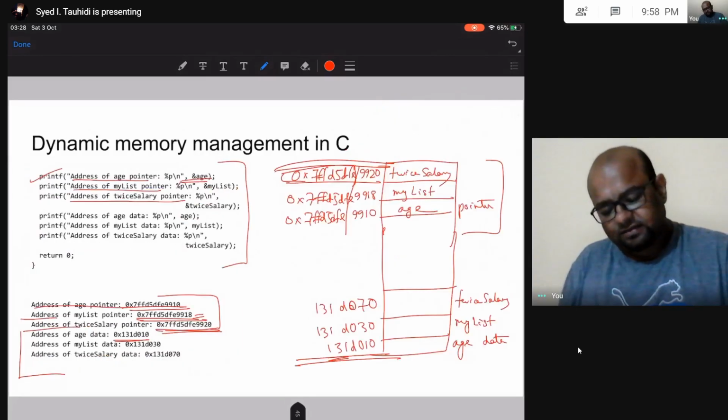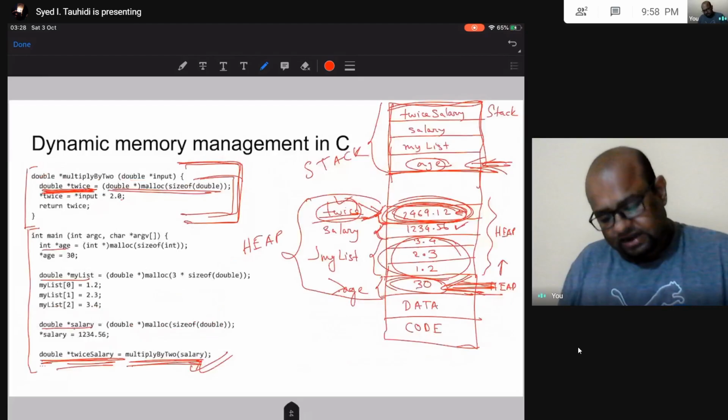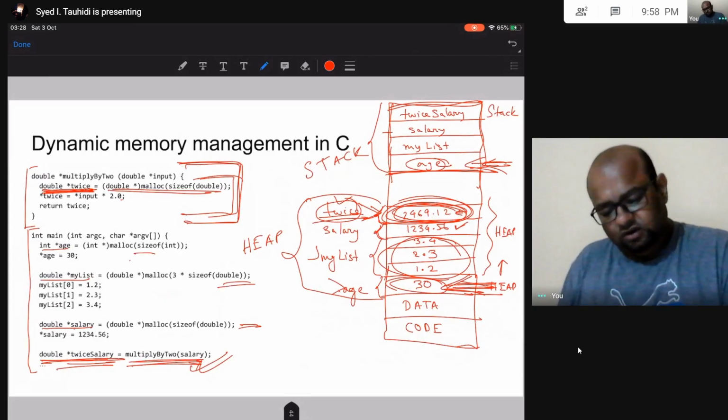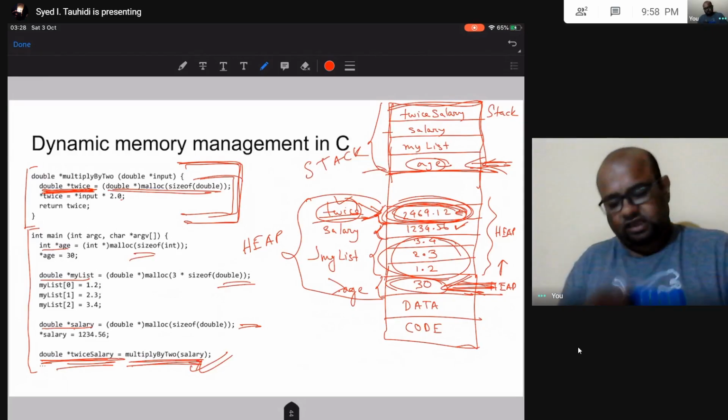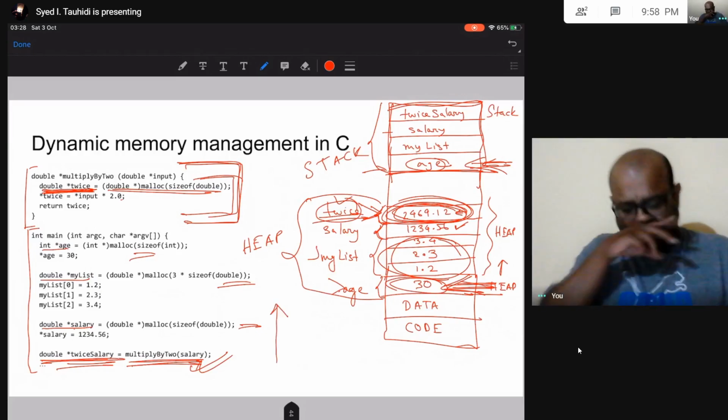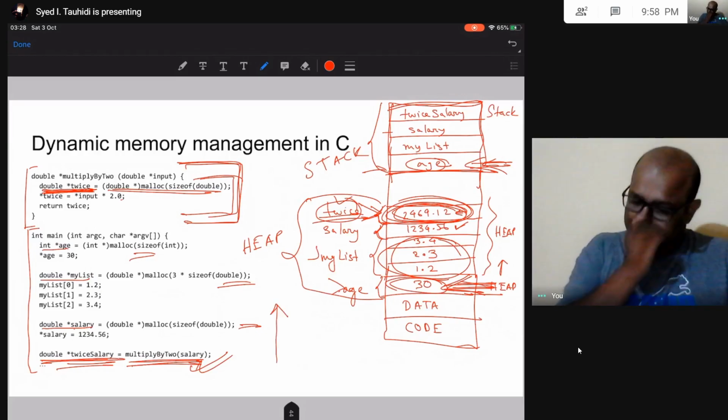Then this is given the second highest address, this is given the third highest address, and this is given the lowest address in the stack. So in the stack, this is the way things are being put.